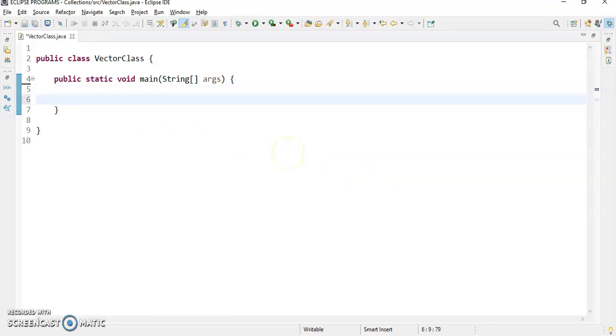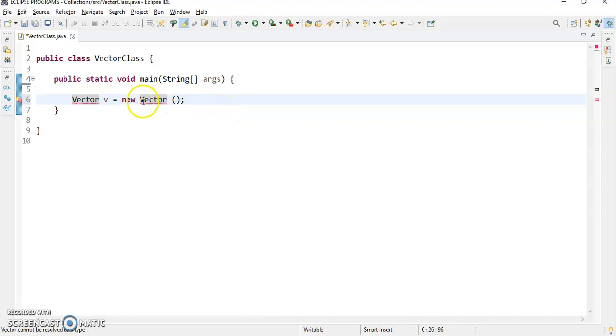Now first of all, we will create one vector here. We have already seen there are 4 ways, out of which we will go for the first one. Vector v equals new Vector. This is the initial and basic declaration of vector. You are observing that it is showing one error.